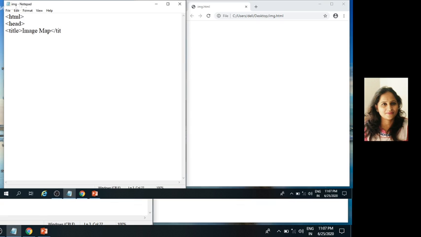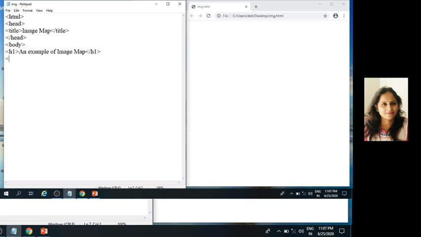Closing of title tag, closing of head tag. Then start with the body tag. H1, the heading one. An example of image map. Closing of h1.